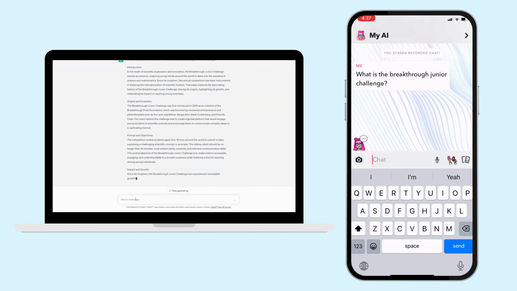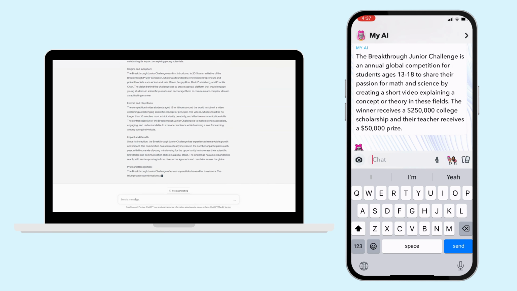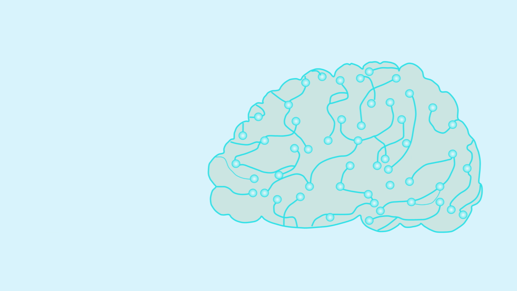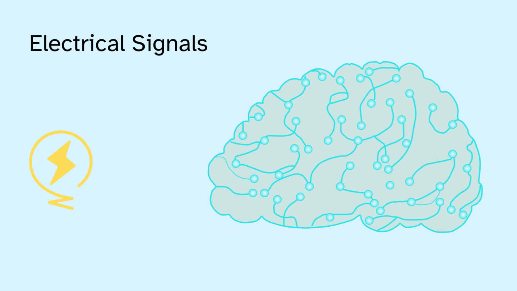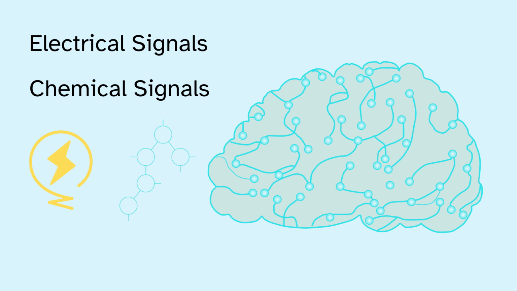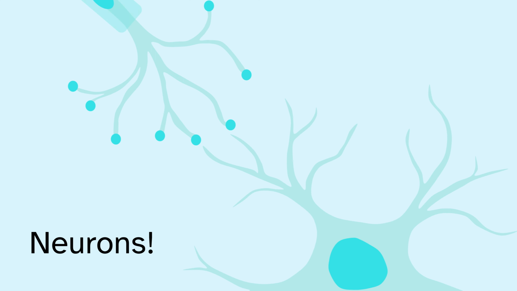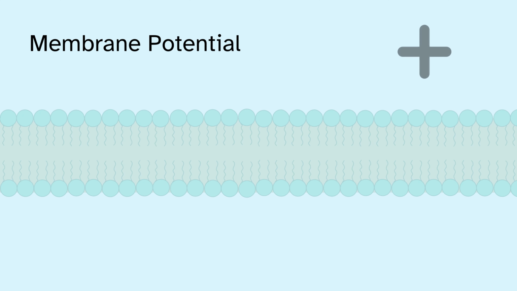We have all heard of generative AI products like ChatGPT and Snapchat's AI bot, but did you know that they use neural networks inspired by the human brain? Unlike AI bots, information in our brain is communicated through electrical and chemical signals by neural pathways made up of neurons. Neurons communicate to each other by changing membrane potential, the difference between positive and negative ions inside and outside